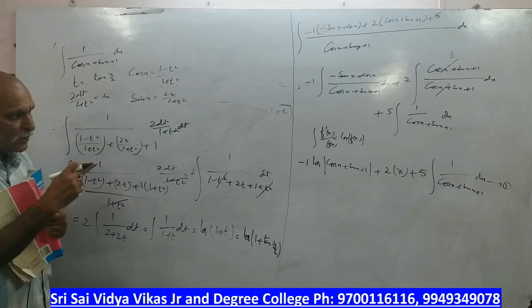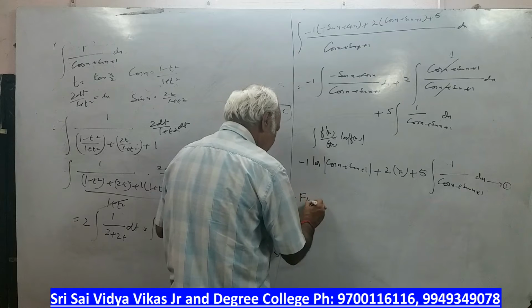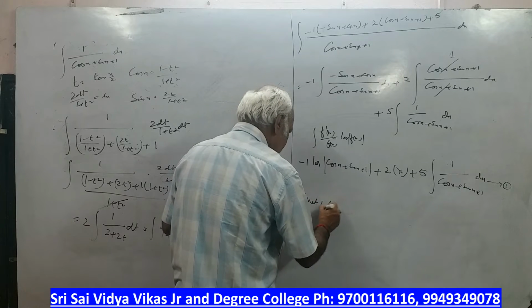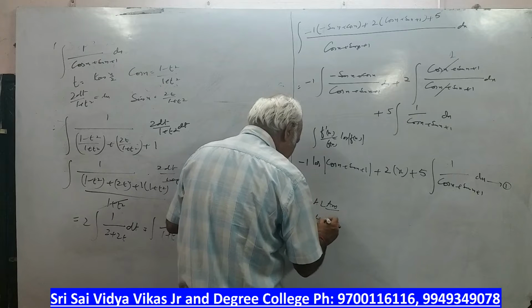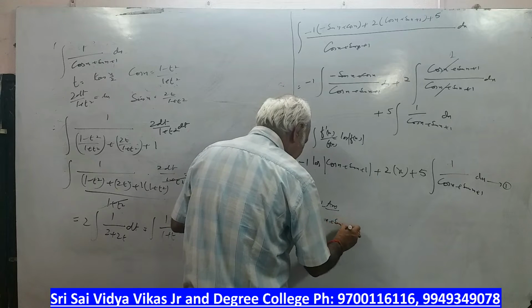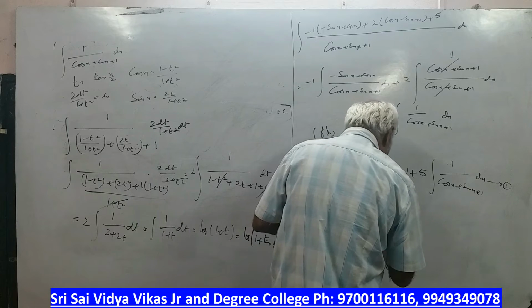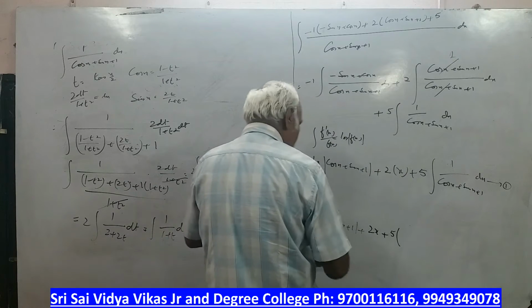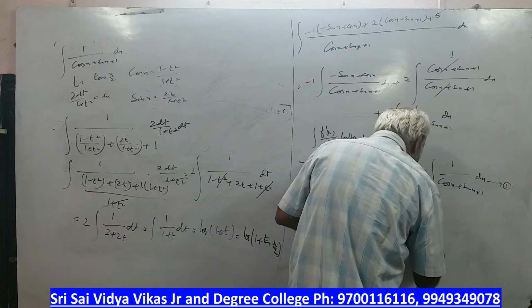So what is it we got? Now I am writing here the final answer. Therefore the final answer: minus 1 log of (cos x + sin x + 1) plus 2x plus 5 into log of (1 plus tan x by 2)